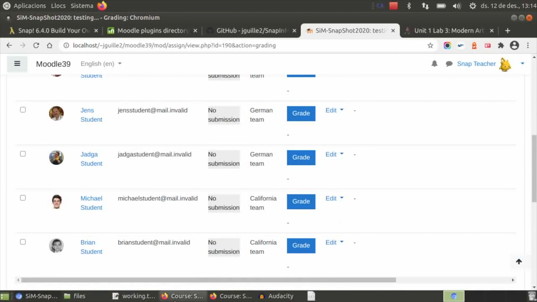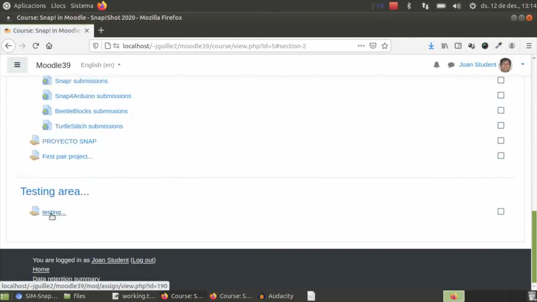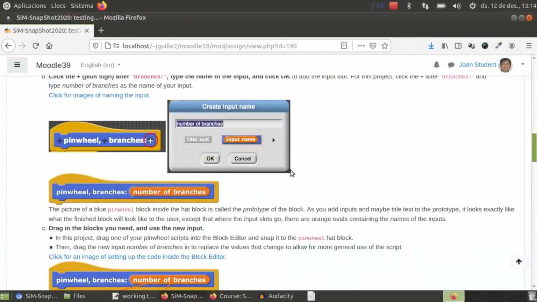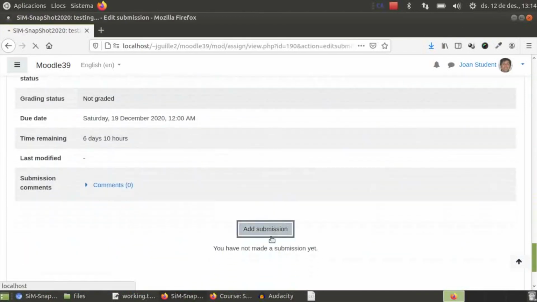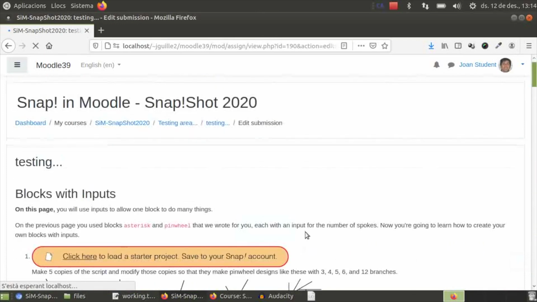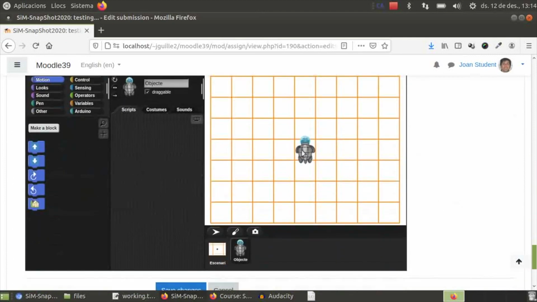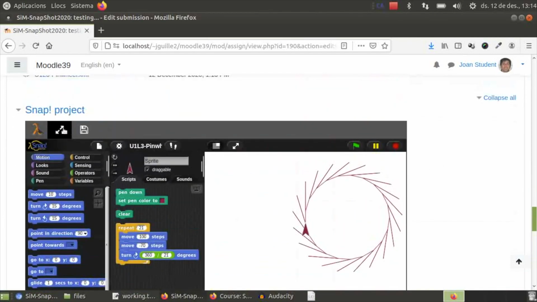Go now to the student's view. Here I'm Joan, a student, and refreshing, I see the new activity, its contents, and starting. I see both projects with their starting point loaded. See, we have all the Snap features and only disabled the cloud options.